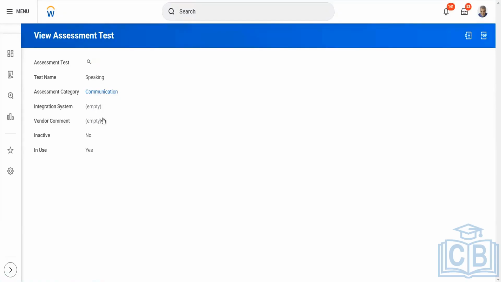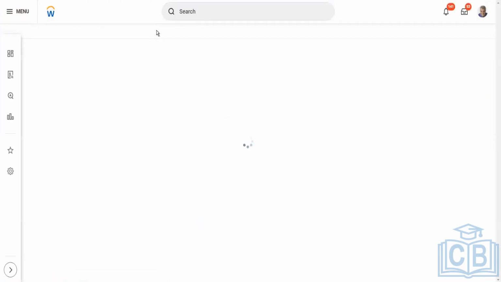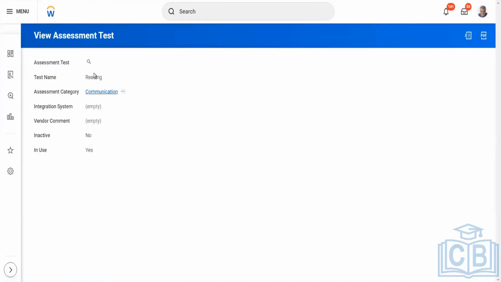Most of the time, they are conducted by third-party people. Let me check for reading. Again, it is asking for the same. And if I check for